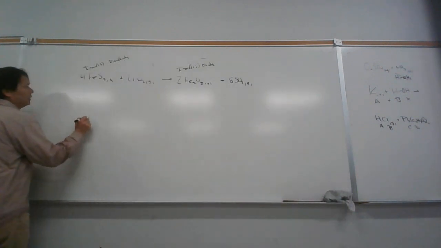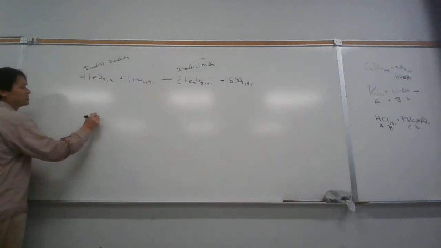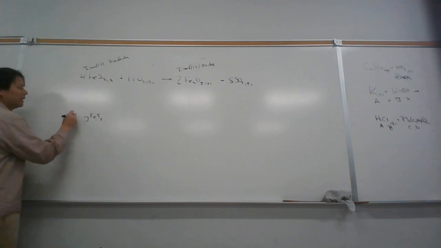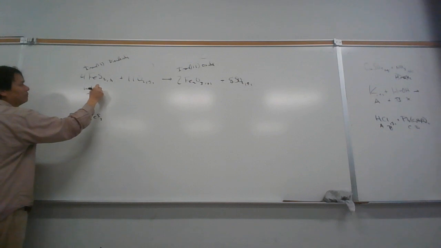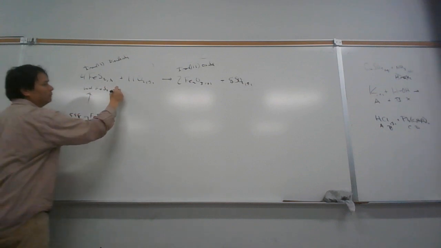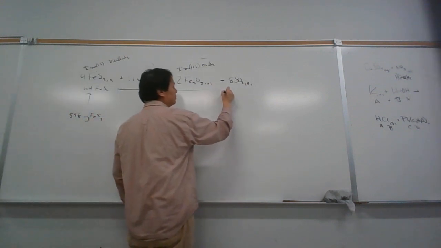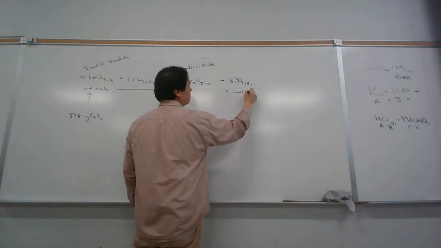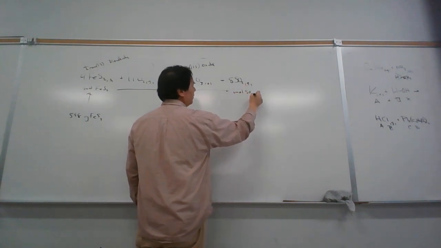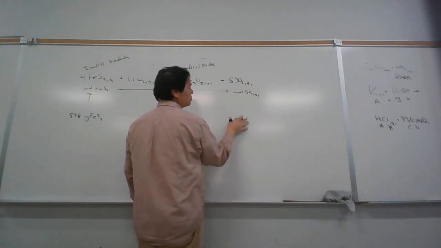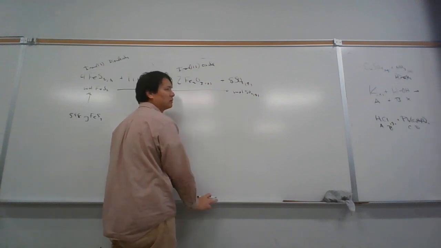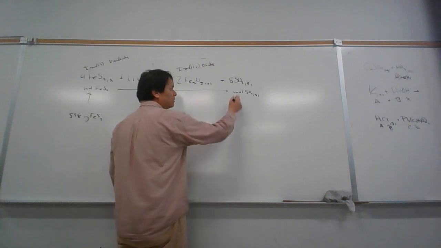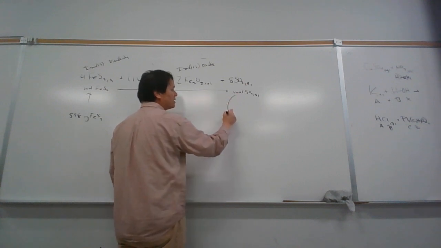So we're going to go from grams of FeS2, 598 grams, and then to moles of FeS2, and then to moles of SO2. But we're not going to grams of SO2. What we want is liters of SO2 gas. Now, there are different routes we can go. If this is STP,